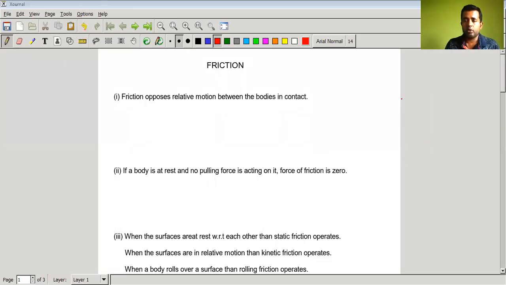Hello all. Today we are going to talk about friction. Now, it's a very important branch of mechanics. Mechanics, when I say, then we remind ourselves of Newton's laws of motion, right? Same way, the study of friction is known as tribology. Okay, the study of friction